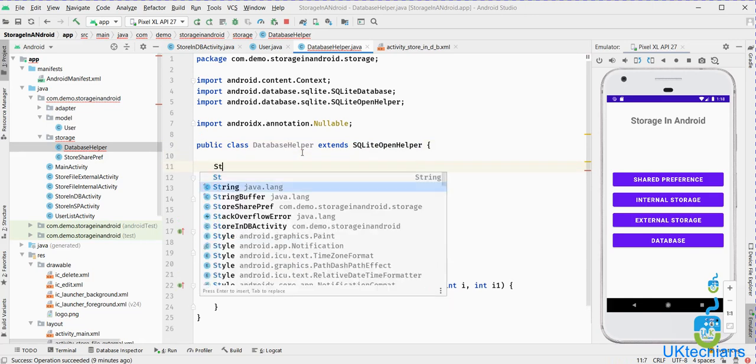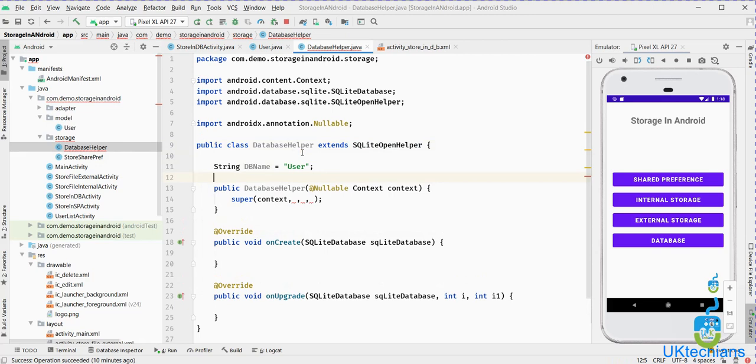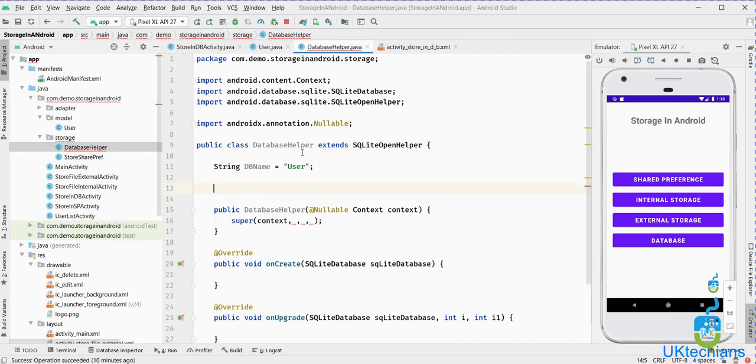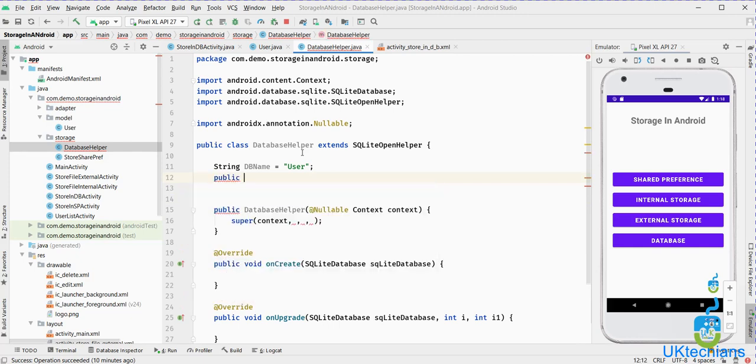First we have to create the database name, which is DB_NAME equals to user. We are creating a user object here, so we will name the database as user. Now we will add public static string, which will be the table name, equals to user info.